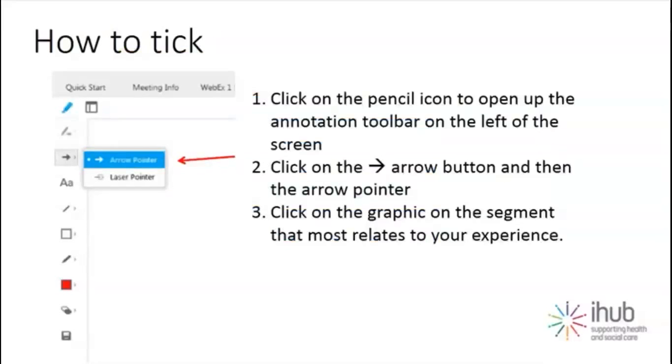And we thought today it would be quite useful for us to know your experience of using these tools. Some of you may not have worked with them at all, so we were just going to ask you for a little bit of interaction here, just to tick in the box. So in the upcoming slide, we'll have a chart on there of different levels of knowledge of the tool. And what you need to do, as you can see in the diagram there, is start and go onto the pencil icon on the top left to open up the toolbar, move down to the arrow button and then click arrow pointer. Okay, so once you've done that,